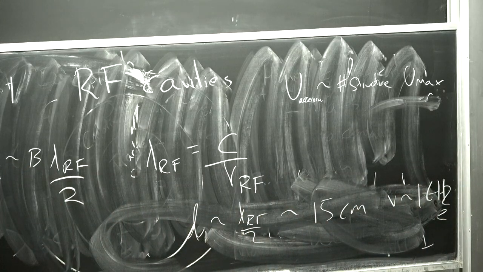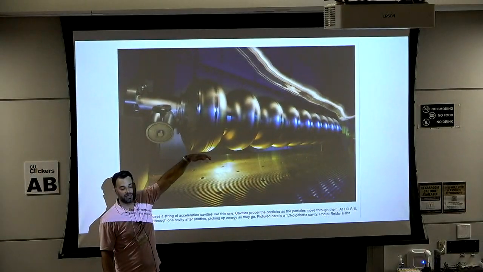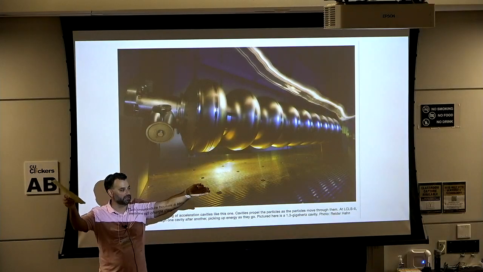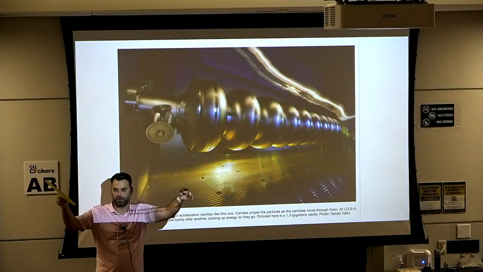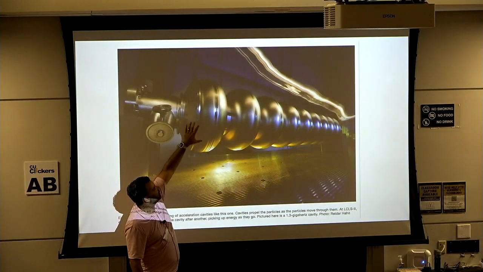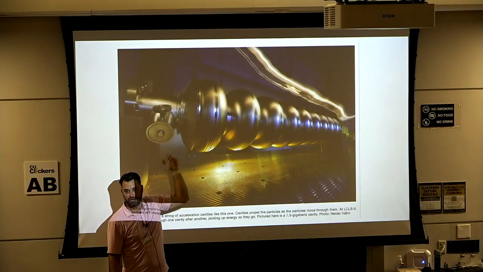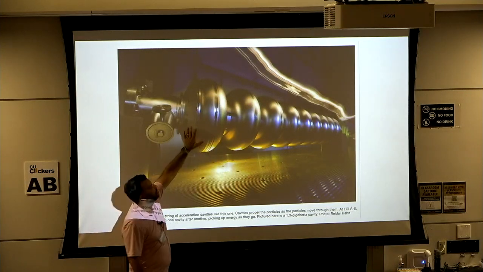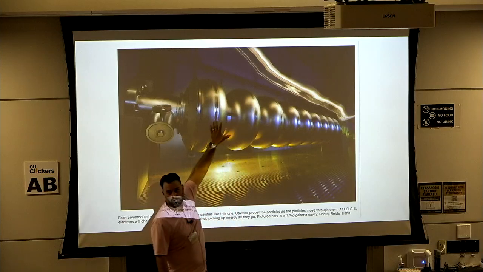The problem, though, is that no matter what I do, even though this is not an electrostatic accelerator anymore, I have a conducting surface that I'm putting a large potential across. I can't take my Umax arbitrarily large. Just like you have a spark discharge of your Van de Graaff generator, your cathode ray tube, eventually if you start putting more and more potential on this to try to make these structures shorter so you don't have to go to Kansas to make your accelerator, then your RF cavities will break down too.